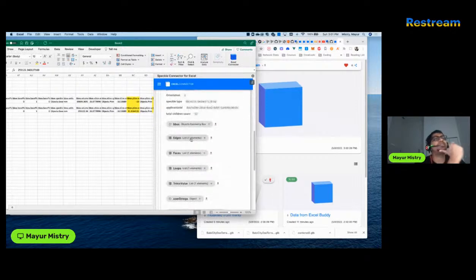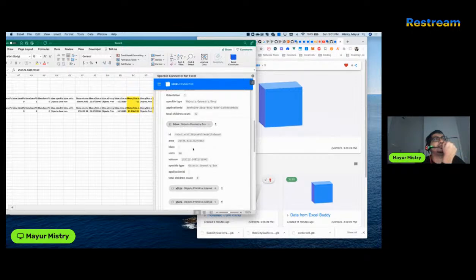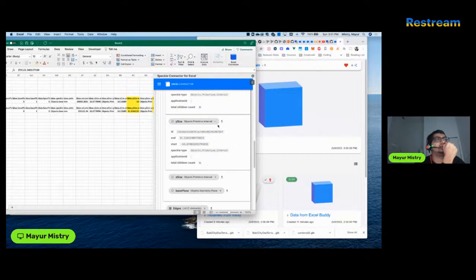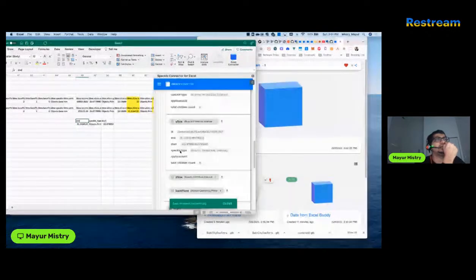Yeah, because I want to change this primitive, and if I just select and send this commit,